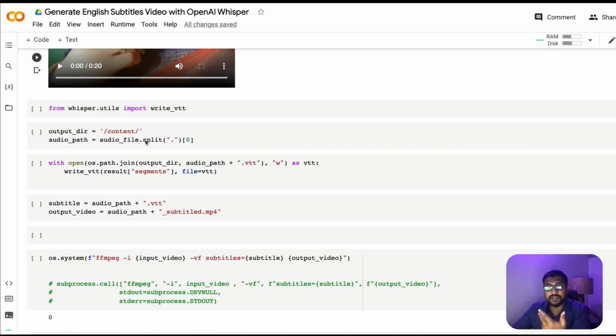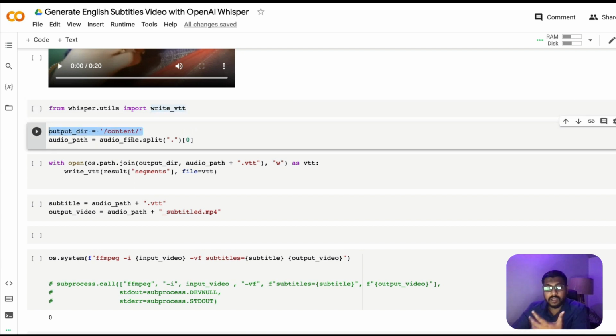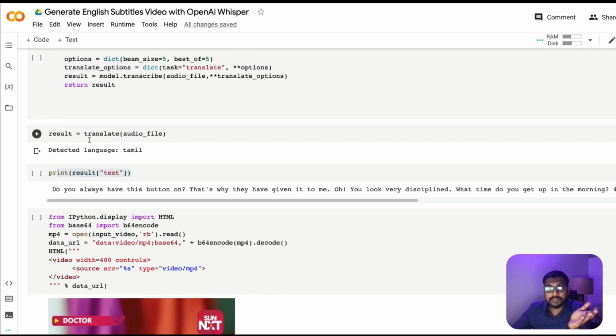So now what we are interested in is finding a way to write the subtitle. What I'm using right now is a utility function inside Whisper called write_VTT. I'm taking that and specifying an output directory, and I'm also specifying the path, like the name. As I already told you at the end of this step,